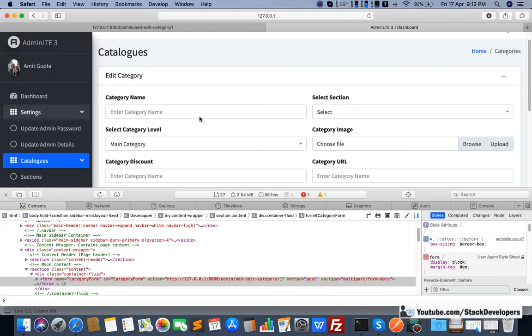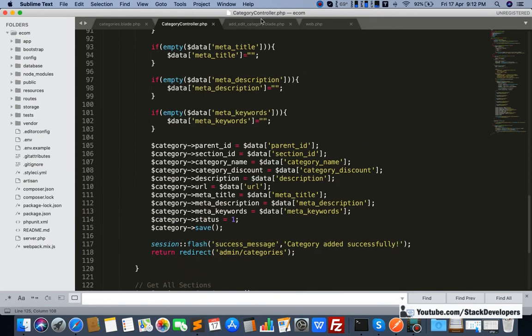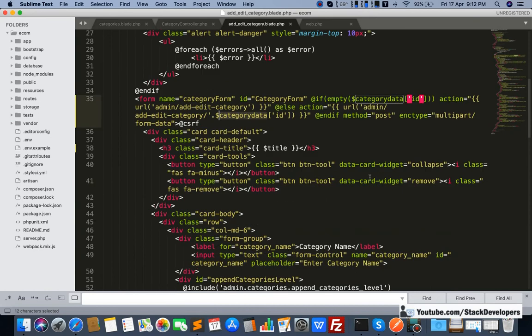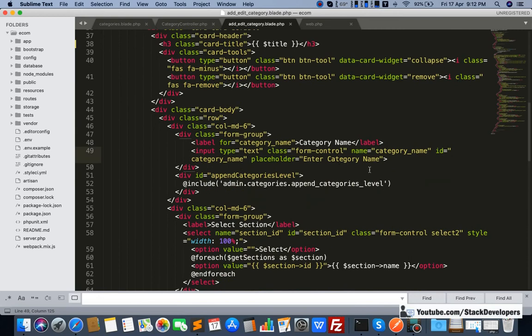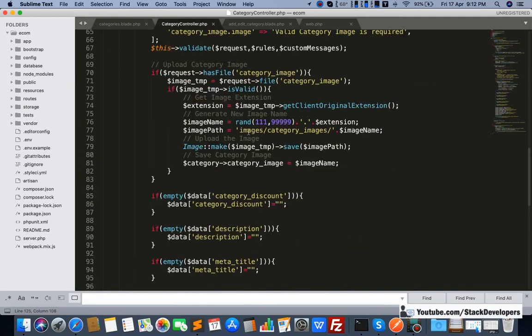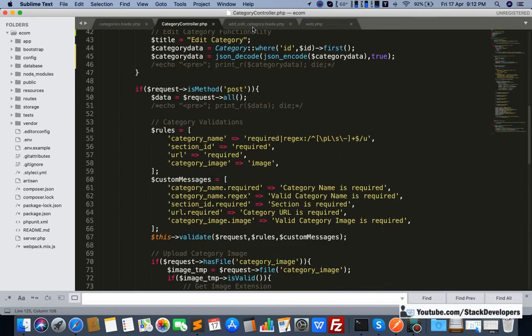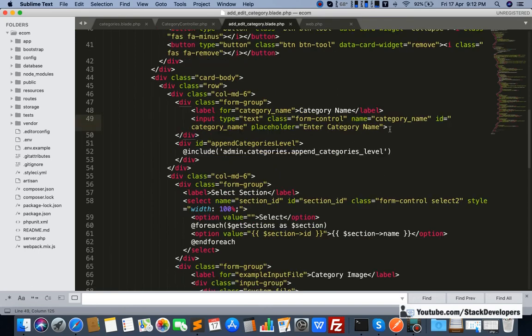Okay, so now we need to get the other details as well. In the same way we are going to get the other details. Okay, so I'm going to check the category name. If category name is coming, then I am going to show the category name here. Otherwise I am going to show the old data here. Okay, you can see here that we have added validations as well. Okay, so now we can also get the old data here. So I will add the condition here. Okay, so let me add the condition.